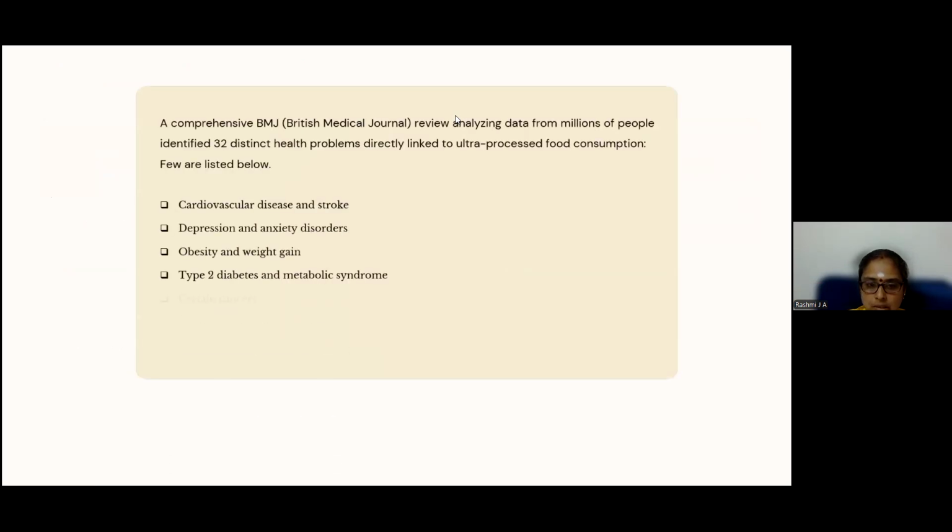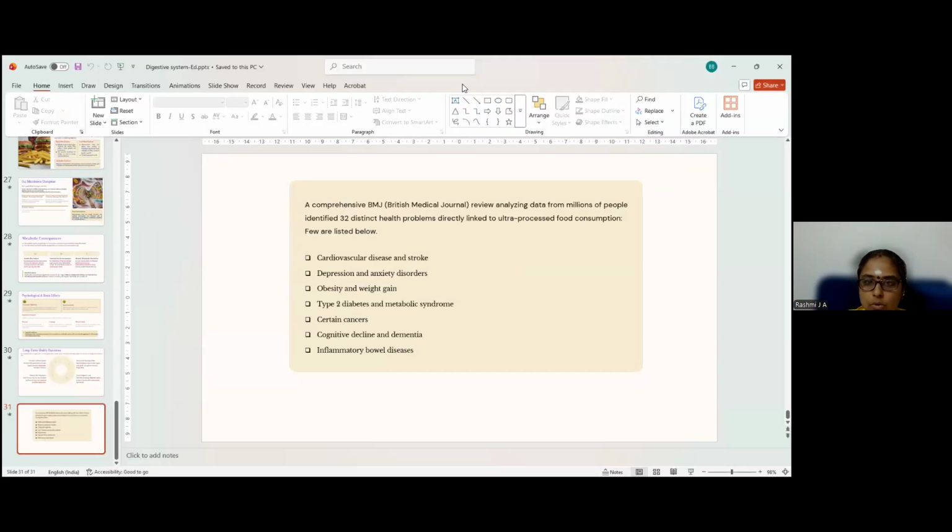So this is just a small thing. So we are completing the digestive system with this. One thing I wanted to tell is, if we alter the microbiome in our system, and if there is damage in the system which cannot be reversed, nowadays what the doctors are doing is, they will take the fecal matter from a healthy individual and transplant it into the gut of the diseased person.